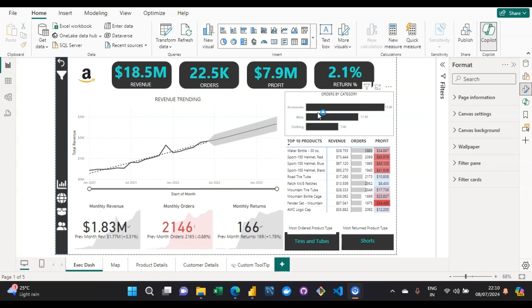And one more thing about anomaly detection is that you can't actually have the drill up and drill down features. In the previous videos, in the previous section, we were discussing these drill up and drill down features so that we can get the insight of what revenue we are getting in a specific month, or by month trend, or by year trend, or week by week trend, whatever insight, right?